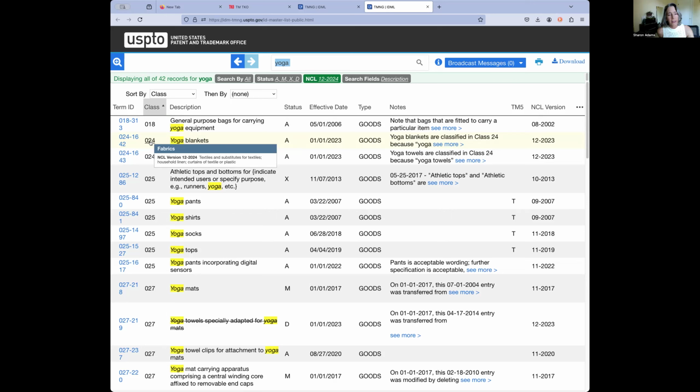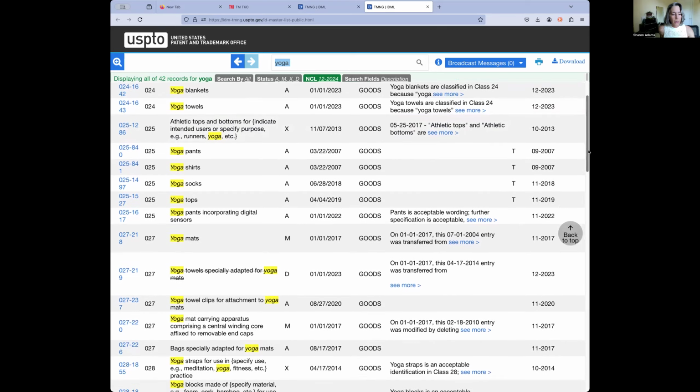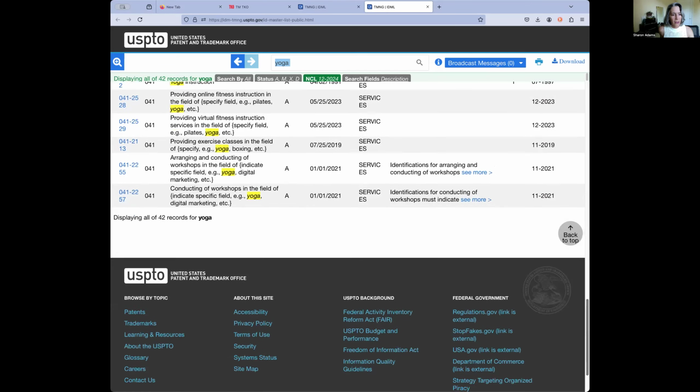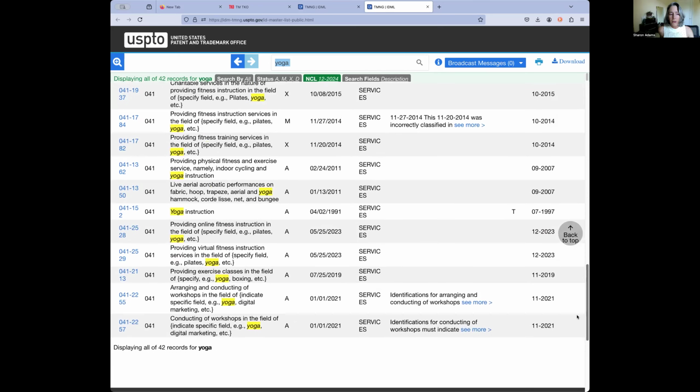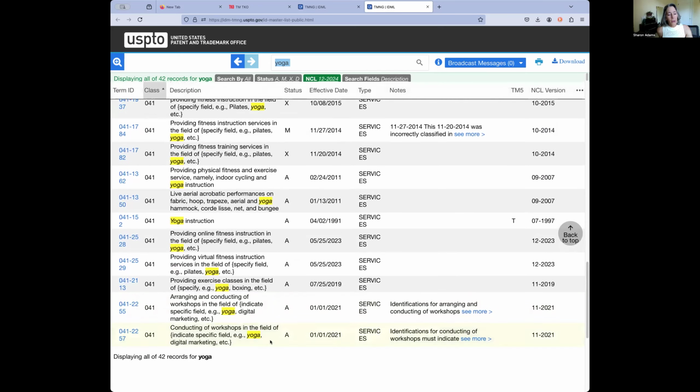Textiles and substitutes for textiles. This is what I mean about how people can so frequently get the classification wrong, because it's not all that intuitive. You really have to look in the ID manual. Clothing, any type of yoga clothing is in class 25, as is pretty much all clothing. But let's go down to see if there's anything in class 44. No, there's nothing. But you can find in class 41, which is your educational general classification, as it says here, education and entertainment,